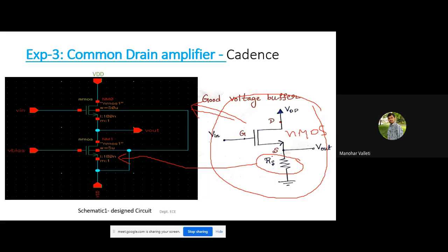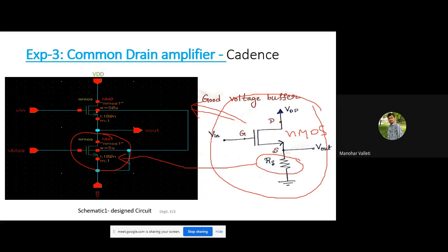So this source resistance Rs I am getting with the help of this NM1 NMOS transistor. The role of this transistor is just to be properly biased, and it will give some proper resistance, and hence acts as a source resistance.